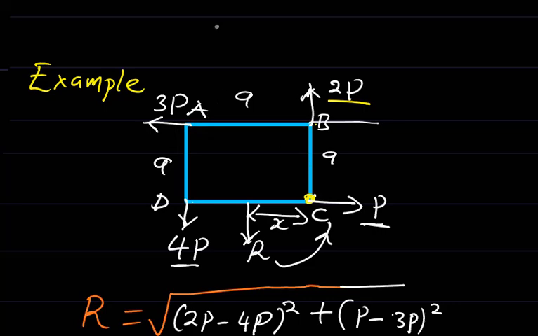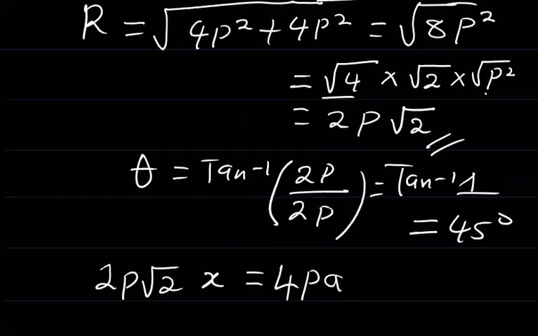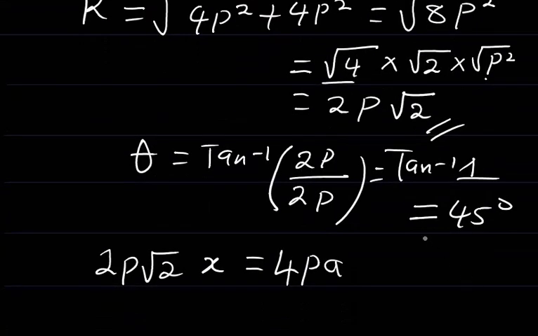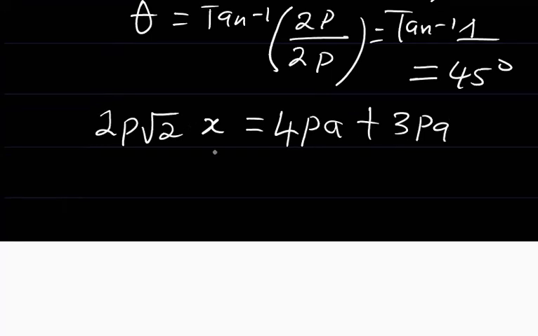If I trace 3P all the way, the distance 3p is actually perpendicular to C. And of course the distance is still A. So invariably the moment is going to be equal to 3p multiplied by the distance, which is A. Putting everything together, S now is going to be equal to 4pa plus 3pa. That's going to be 7pa,